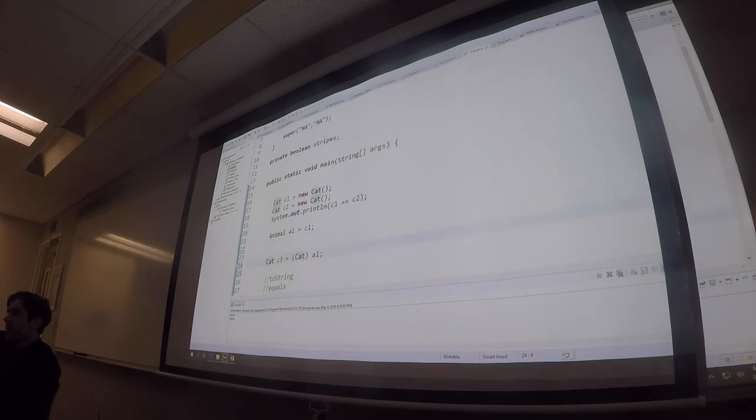Let's say wildcat. Let me create a wildcat. Wildcat W1 equals new wildcat. Can I create a wildcat? Yes, right? Is wildcat an animal too? Yes. So the compiler is okay with this. The compiler is always okay when you assign a child to a parent. We good? Now you say,